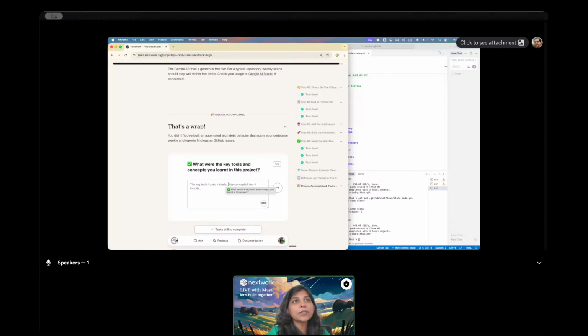The key tools I used include, wow, I used a lot of key tools. I used Python scripts. I used the Gemini model. And then I used GitHub Actions. Key concepts I learned include mainly using Python scripts